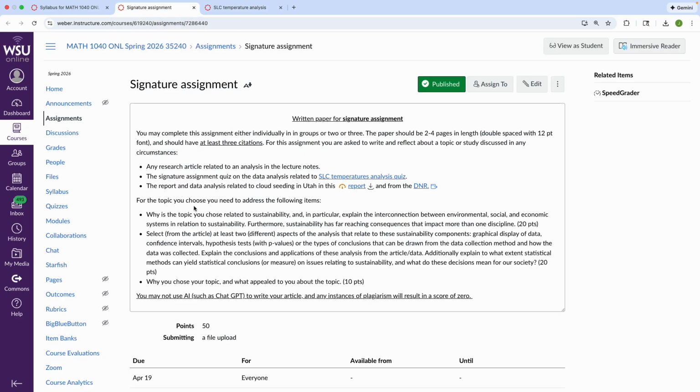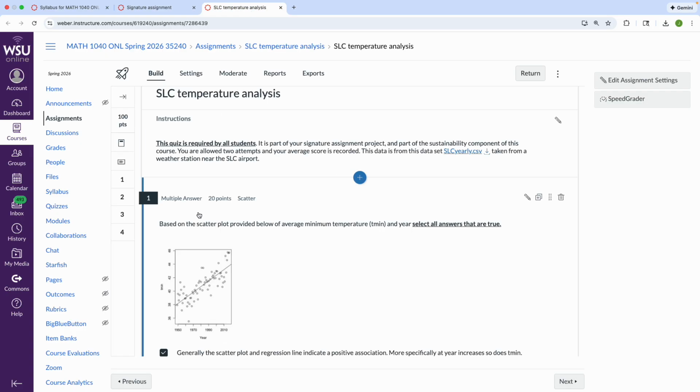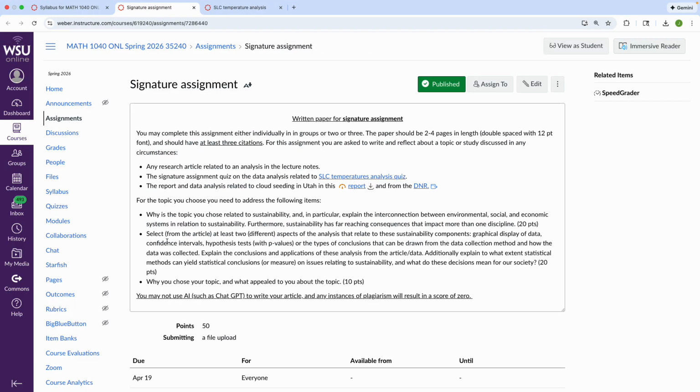Now, one option, and this is perhaps the easiest, but you can do anything that you like because this is a very wide open assignment. One option for this signature assignment is just to take various items from these multiple choice quizzes, and to cut and paste, copy, or screenshot them, and discuss these items for the second bullet point.